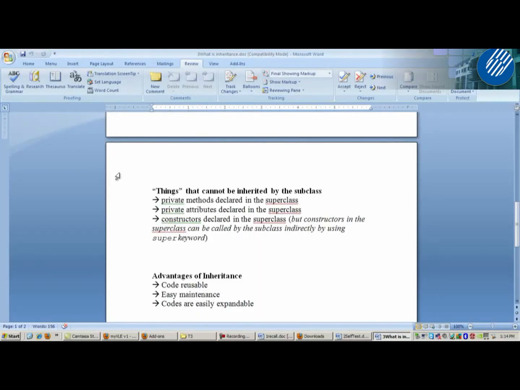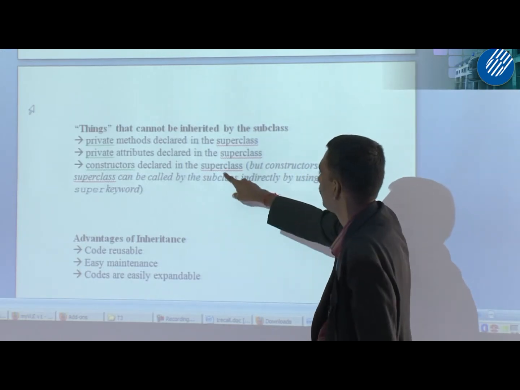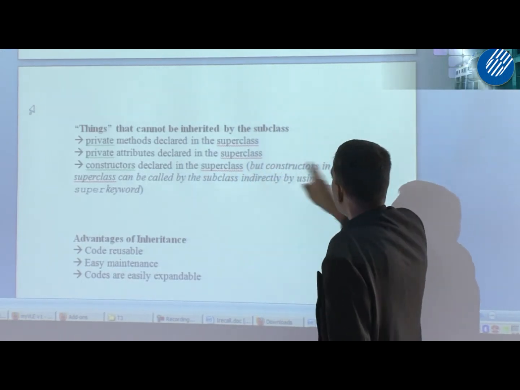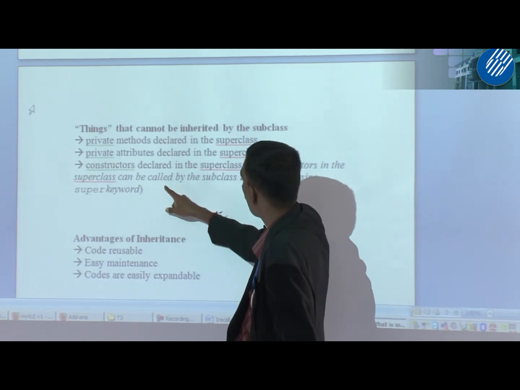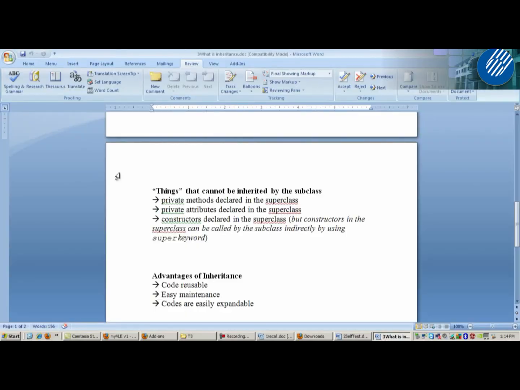Okay, constructors declared in the superclass. You know constructors? Any constructors that you declare in the superclass cannot be called by the subclass. But there is an exception for this constructor. Constructors in the superclass can be called by the subclass indirectly by using the super keyword.